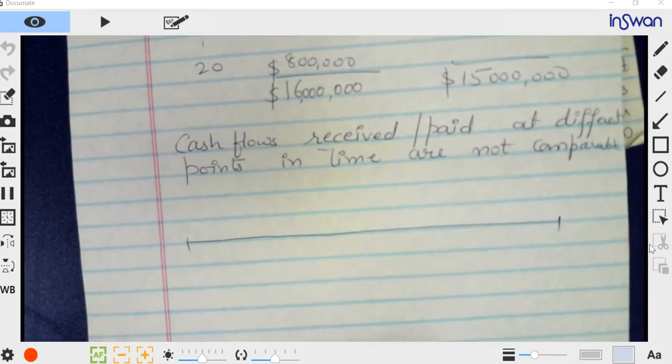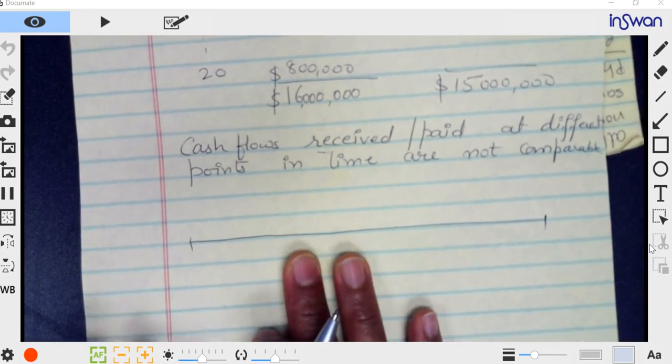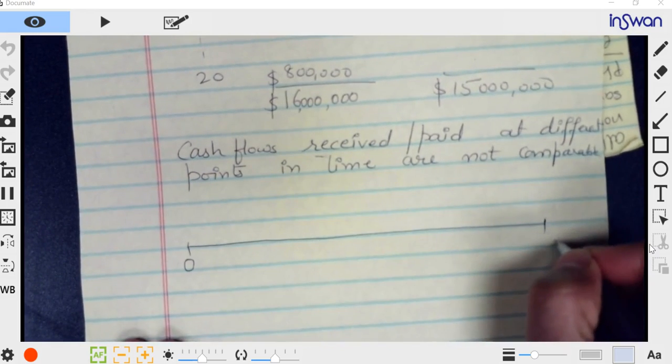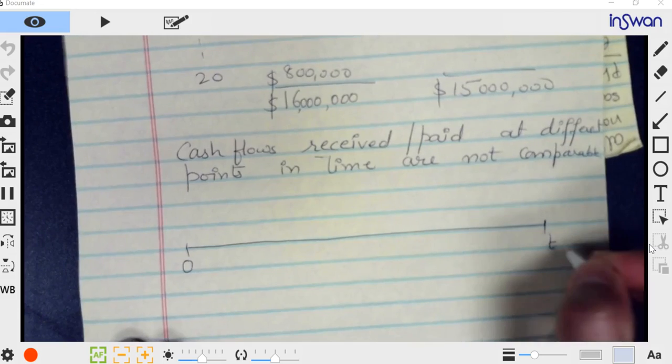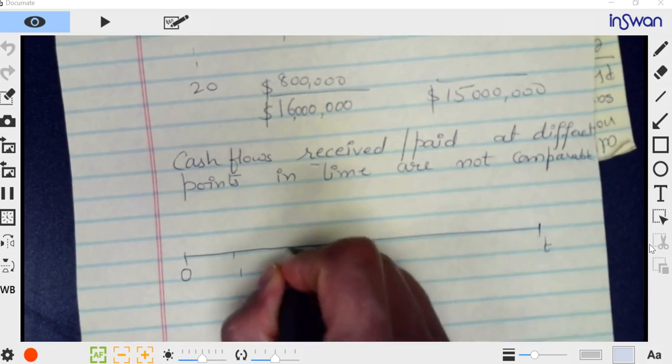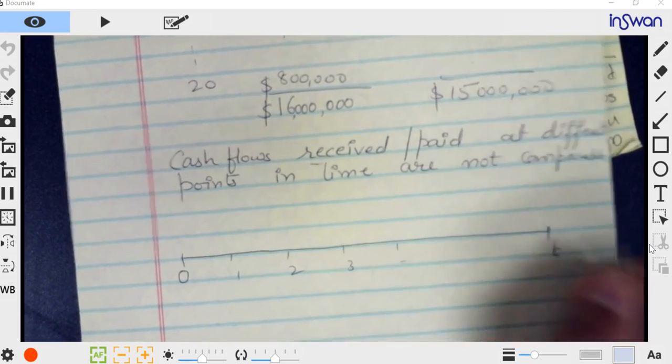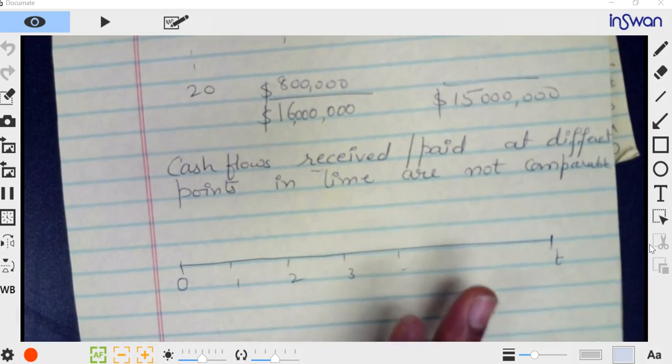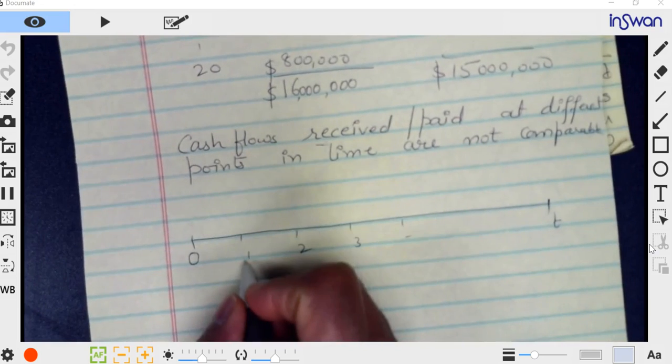This line I'm drawing here is called a timeline. This 0 time is the present time, and this is any time t in the future: 1, 2, 3, 4, whatever. So we have two situations. If we want to make them comparable, either